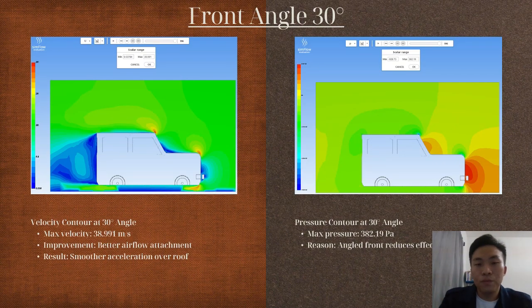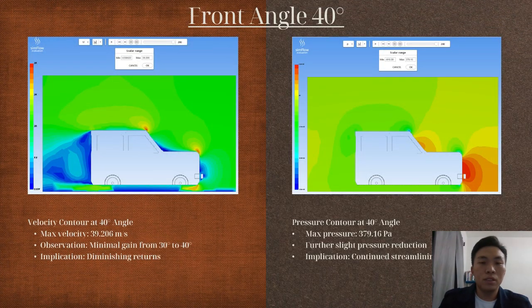At the pressure contour, with the angle increased to 30 degrees, the maximum pressure decreased slightly to 382.19 Pascal. The more angled front deflects airflow upward more gradually, reducing the effective frontal area and thus lowering the stagnation pressure. At a 40 degree angle, the maximum velocity is